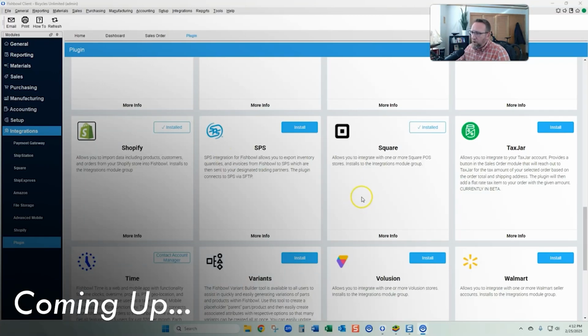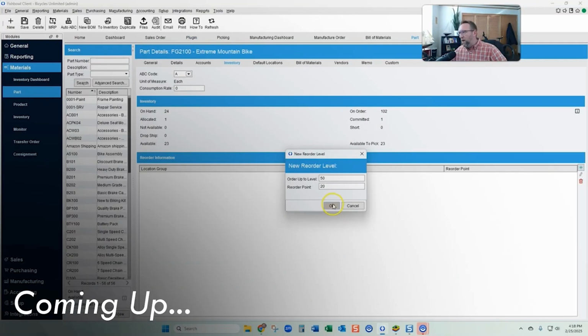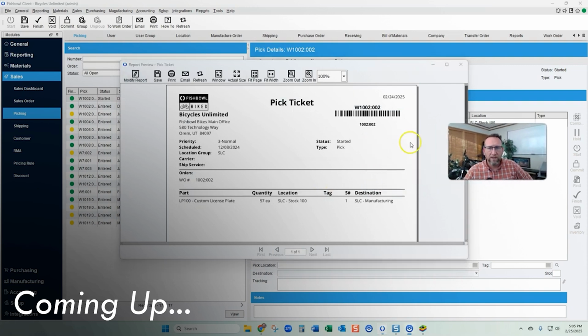It integrates with Square if you need point of sale, the 20 level. So that's not the minimum. I like to print out the pick ticket. The pick ticket